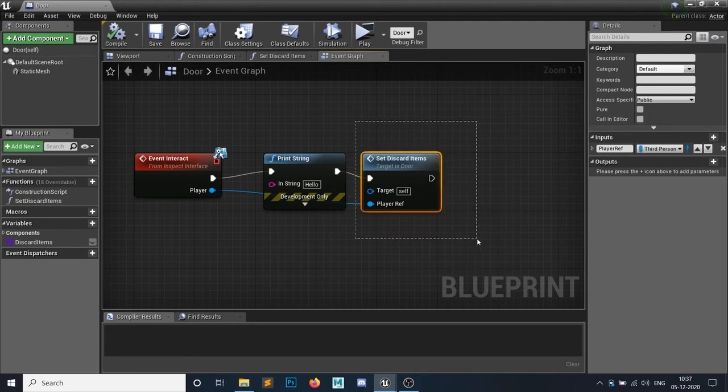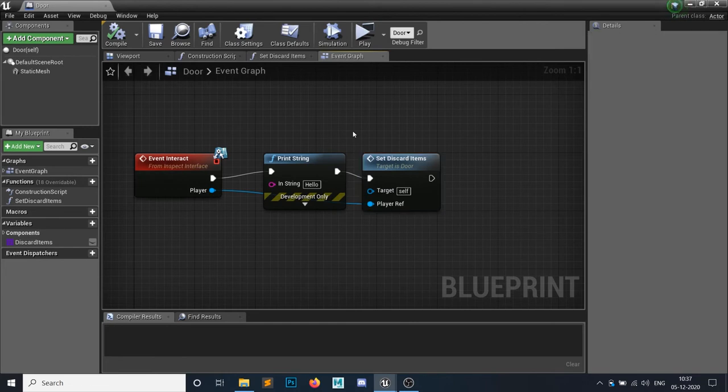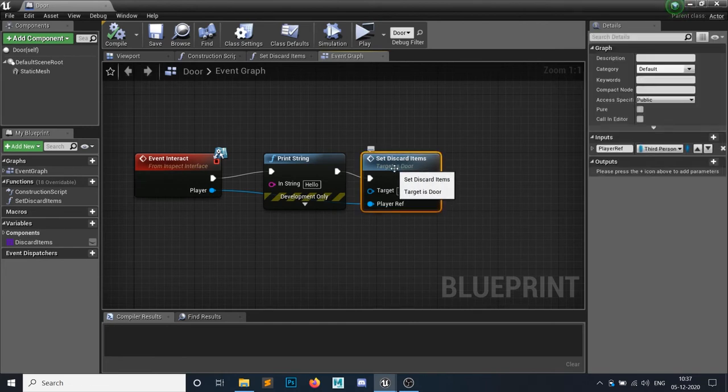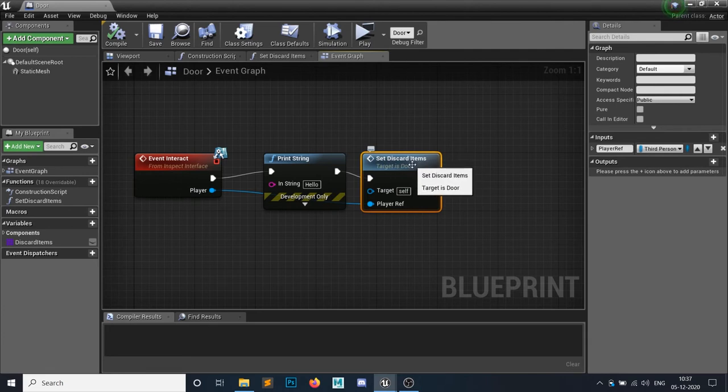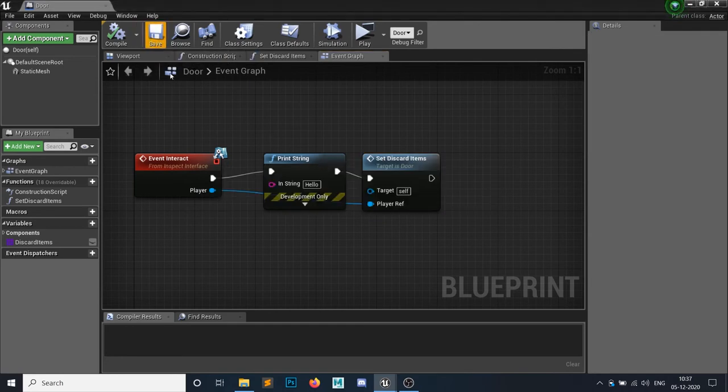Before doing a global function, let me give you a warning that this function is dependent on the blueprint. As you can see, set discard items, and at the bottom of it, target is a door. So this function is a part of the door blueprint, right? You can create a global function.